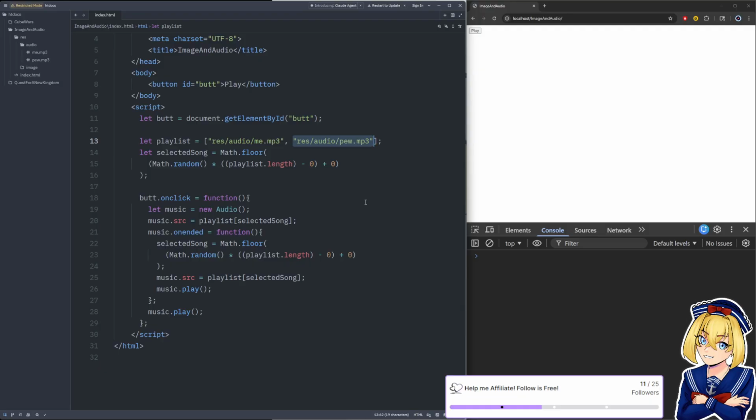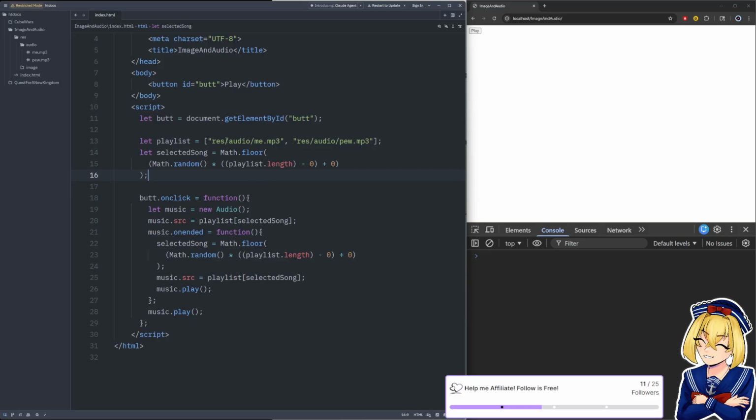I would call this a purely random shuffle, like it could repeat or whatever. But if you want a smart shuffle, then one way you could do that is manage what has already played. Keep track of the numbers that you've generated in an array, and when you generate the number, see if it's in the generated numbers, and if it is, then try and generate another number again. That would make more of a smart shuffle.